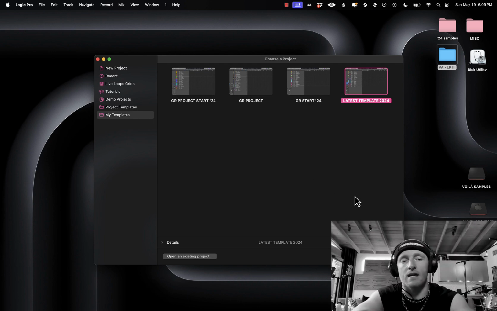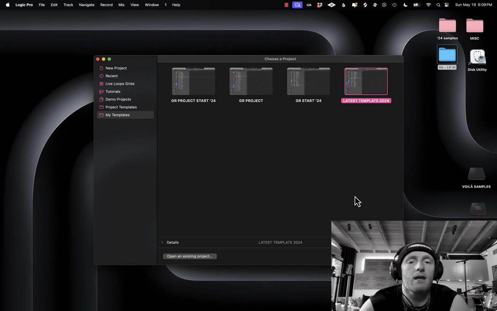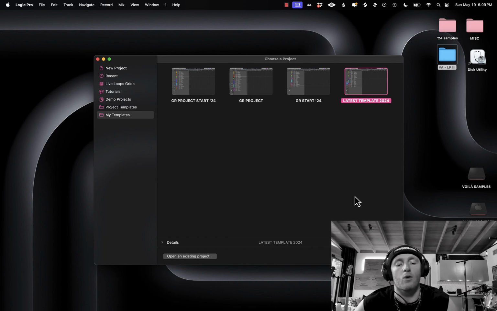Getting organized in whatever DAW you work in is so important for workflow and, honestly, for creativity. If you listen to a lot of the stories from some of the biggest songs ever written, most of them were done in a really short amount of time. The creativity and inspiration has been allowed to flow and manifest itself in the production quite quickly. I think templates and organizational tools like this are really important for aiding your creative flow